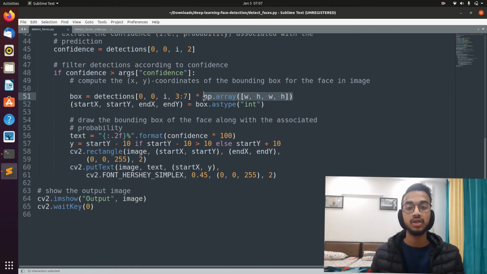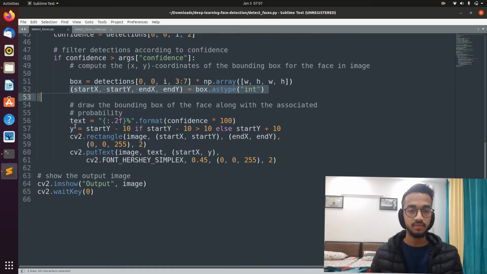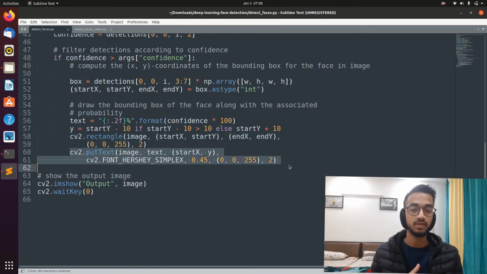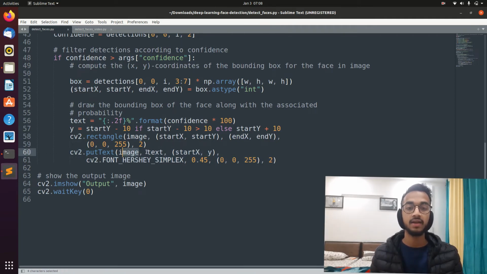So over here we convert the x and y coordinates into integers, and over here just a little bit of CV2 inbuilt functions to first of all draw a rectangle based on the coordinates that we had given, and we are also going to be writing some text on it, and on the text we simply gonna print the confidence. So with the putText function, we give it the image and we mention the text that we want to print, and the text is given over here.